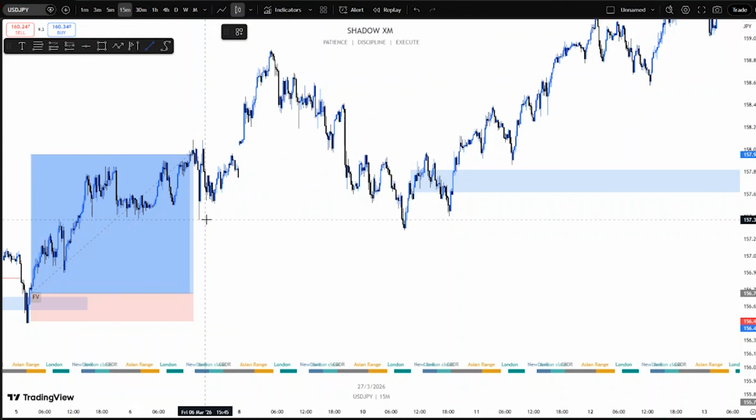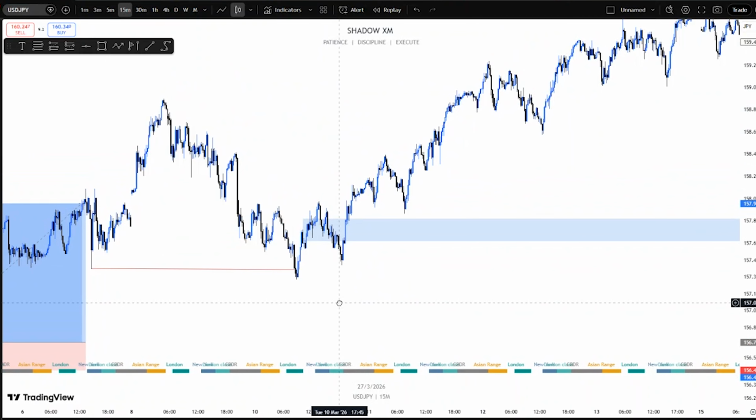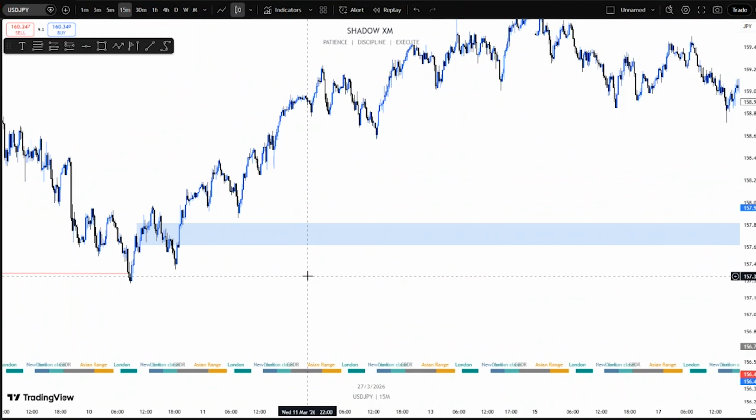Basically if you see this, you should have taken this other backtest. Backtesting is very good. That is a sweep. That's a very clear sweep. Then continuing the trend,